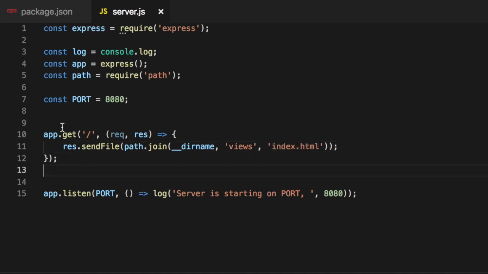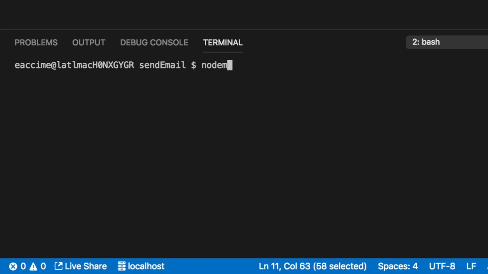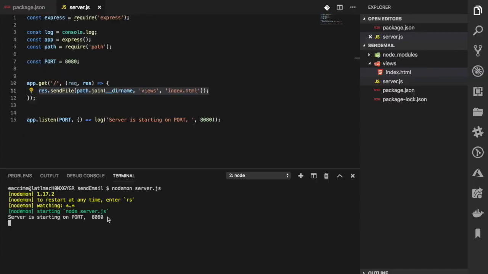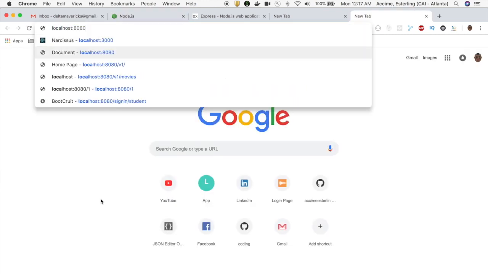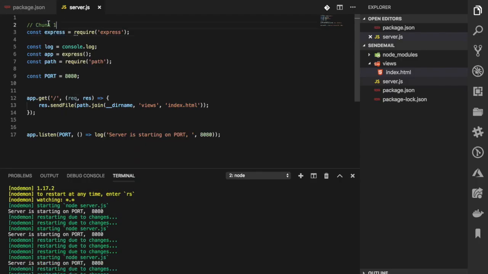Once again, ladies and gentlemen, this is a way for me to configure that HTML file, and I'm going to go and run this file now. If I do nodemon, my server is starting, and if I now go into port 8080, I should be able to get my application up and running. And ladies and gentlemen, this is the first chunk of work where I was able to